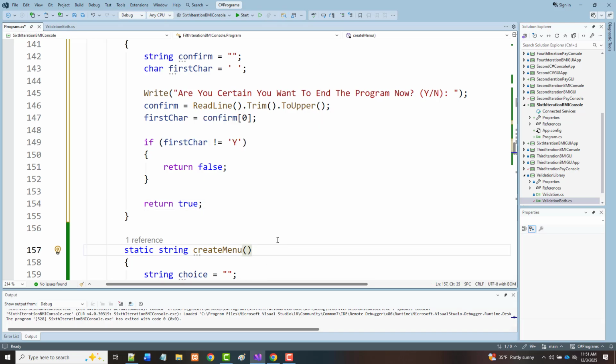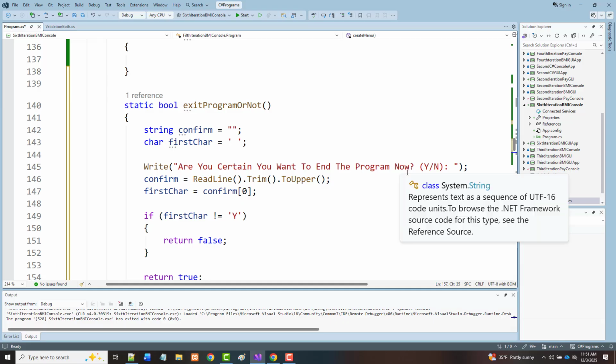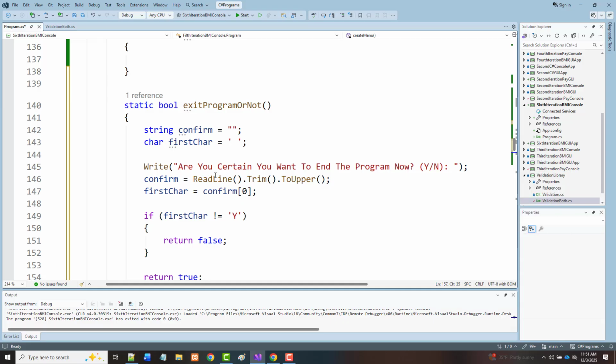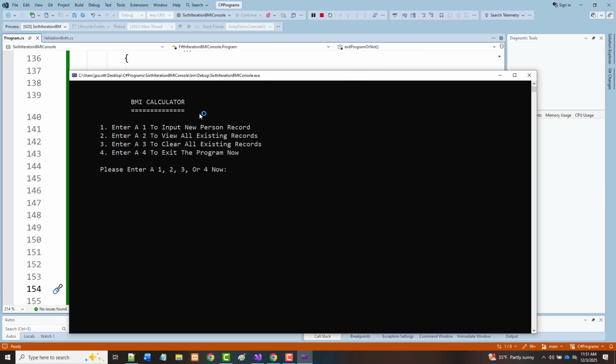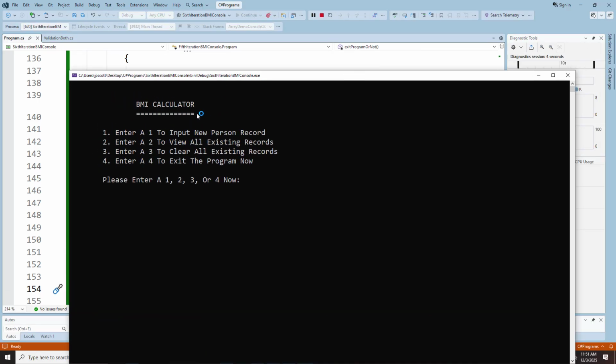So again, play computer here. We should be asking if they want to end the program. But if we put in yes, we only want to grab the first character. If that first character is not a Y, we'll return false. You don't want to end the program. Otherwise, we'll return true. So let's save this. We might have to put in a read line or a write line or something in here, but 4. Yeah. Are you certain you want to end the program now? So if I say no,